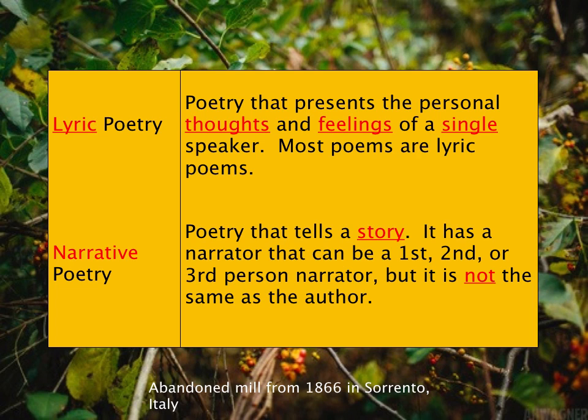I might be thinking about a certain person or a feeling that I have. I might be writing a love poem. I might be writing about my anger. Okay. Narrative poetry is poetry that tells a story. It's exactly like a piece of fiction, except there's probably rhyme or rhythm. So there's a narrator, and there is an exposition, rising action, climax, falling action, and resolution, just like you would find in short stories. So we have free verse. Now, lyric poetry or narrative poetry could be in free verse. This is where we get to a tricky part, which is that poems can have multiple forms.